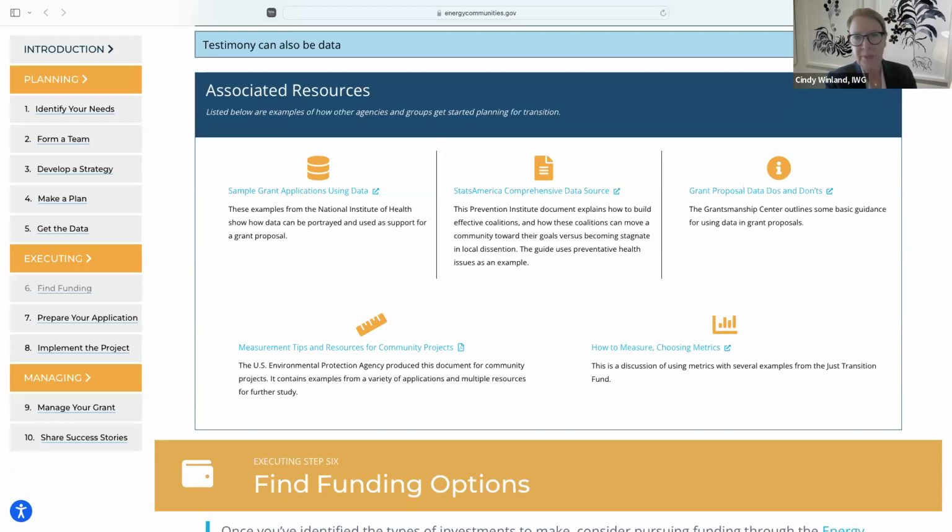There's some other kinds of measurements like the ALICE, the Asset Limited Income Constrained Employment measures, which are a little bit different than poverty or distress. And just a note about distressed communities, and many grants are related and give priority points to energy communities and distressed communities, but the measurements are not always the same. So be sure and check those.